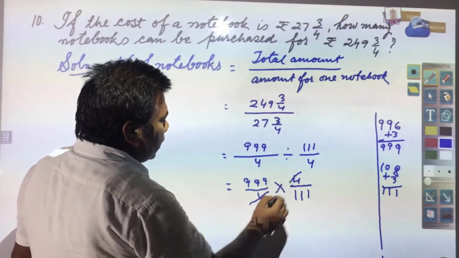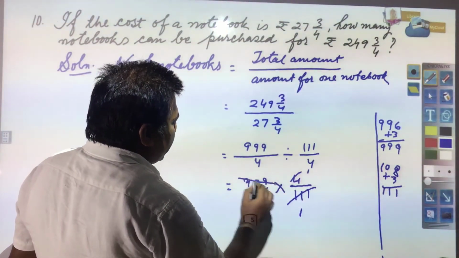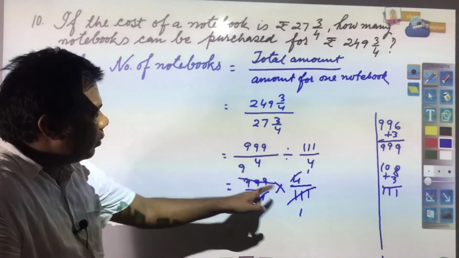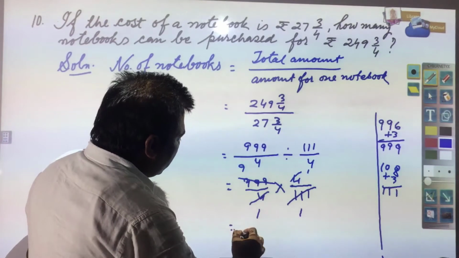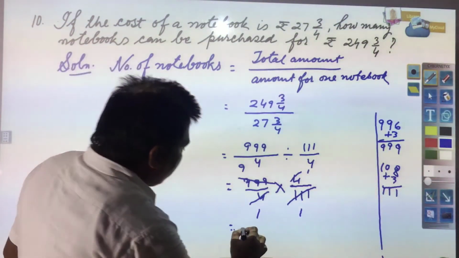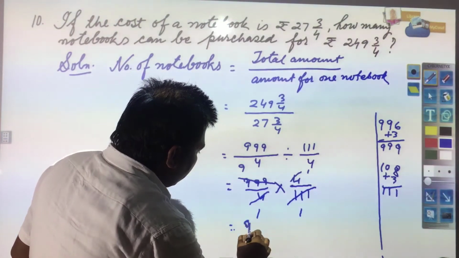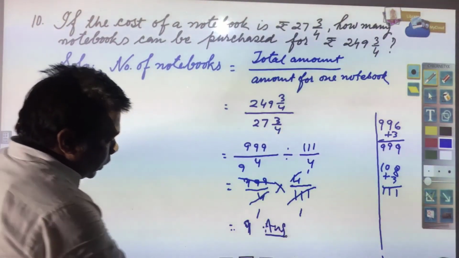This will be cancelled, 4 ones are 4, 4 ones are 4. This will be cancelled, 9 times it will go: 9 ones are 9, 9 ones are 9. So, finally, you need to find the number of notebooks. So, the number of notebooks will be 9 and this will be your answer. Next question, you see,